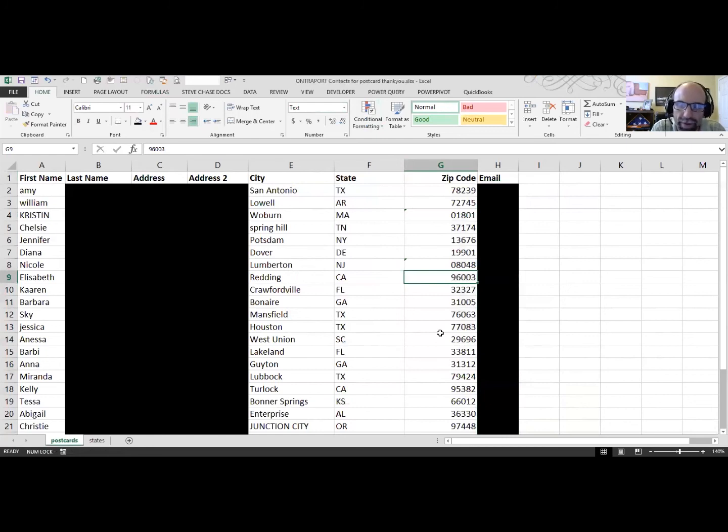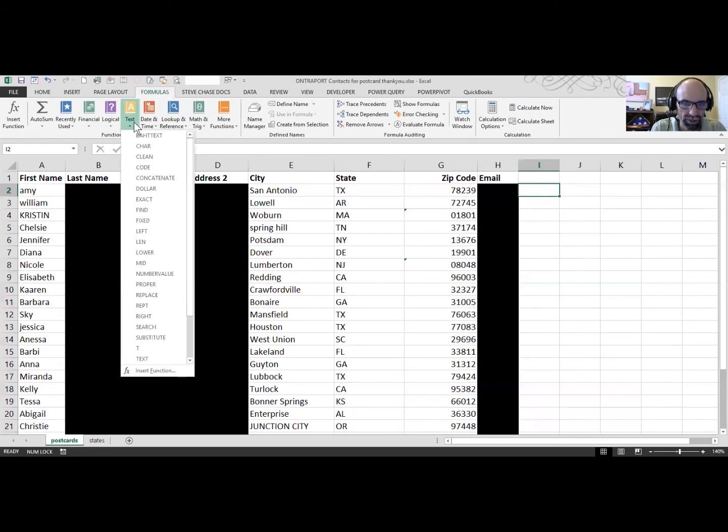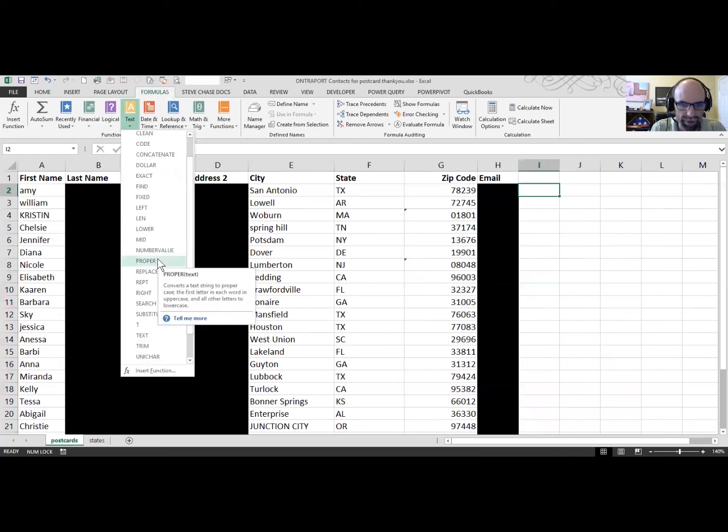Handle that as well. So lastly, we are going to clean up the names, the formatting of names and so forth that you might have. To do that, we can go to the text formats, which include lowercase. If you ever want to return lowercase of a text string, you can do that. You can do proper case, which will convert the first character of each word to uppercase and the rest will be lowercase. And then there's also upper,